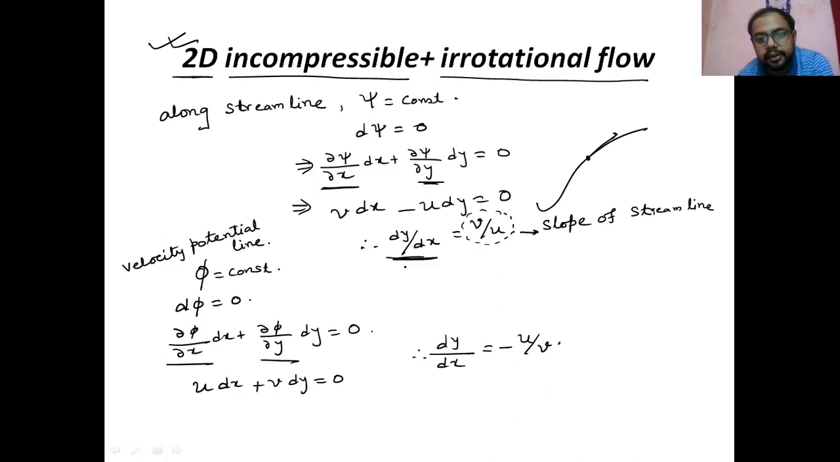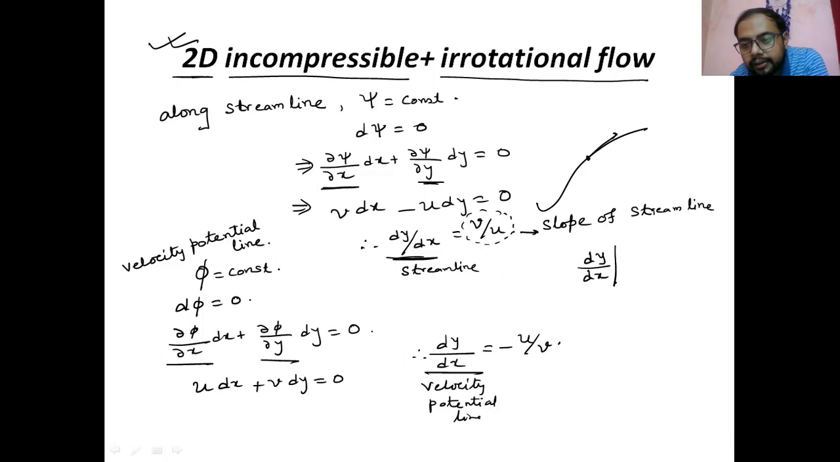Earlier it was for the case of the streamline. This slope, minus u by v, is for the velocity potential line. So there is the slope of the velocity potential line. So the slope of a streamline into the slope of a velocity potential line